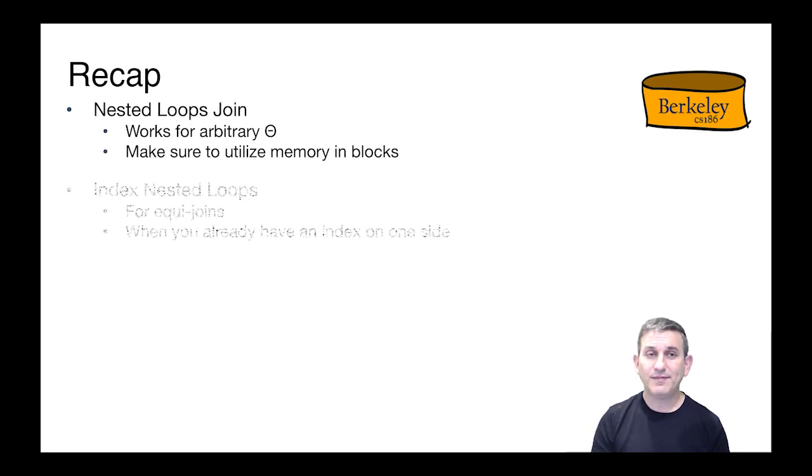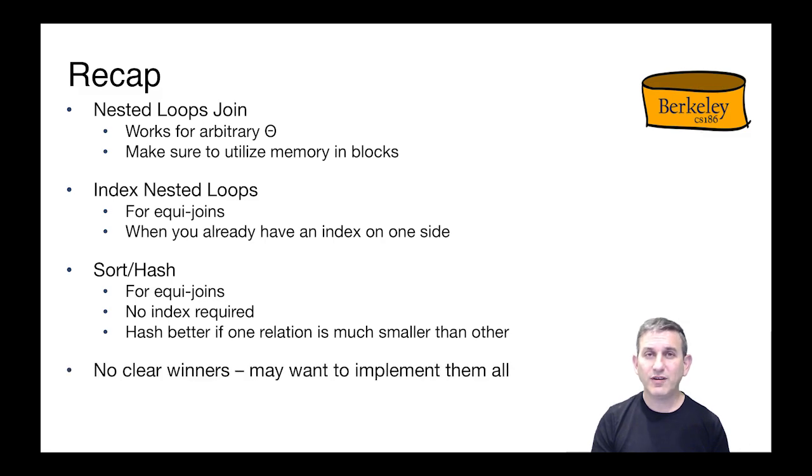So to recap, nested loops join works for an arbitrary theta. So when we don't have equality, for example, we must use nested loops join. And if we're going to use nested loops join, let's use our chunk or block nested loops join, utilizing memory in big blocks of size B minus 2. Index nested loops join only works for equijoins. It's very nice if you have an index on one side of the join, on the join attributes. It's particularly good when the join is highly selective. For each tuple of the output, there's only one or a few matches on the input,